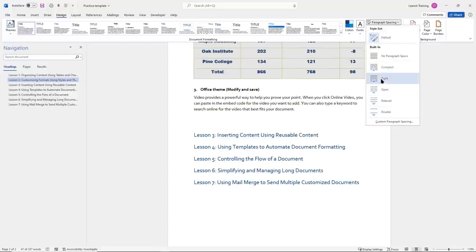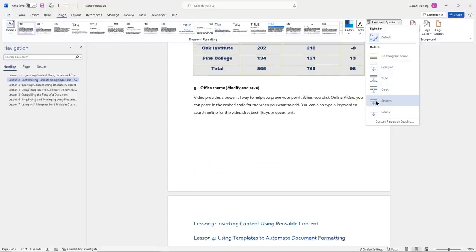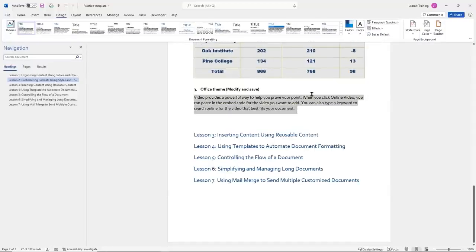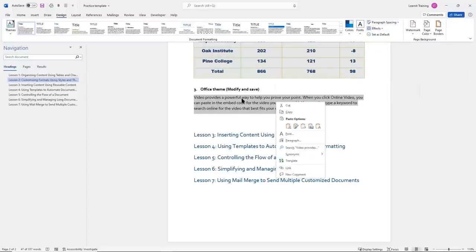But I could change it to tight, open, relaxed if I want to as well. So the whole idea is we can go into the Design tab. We can choose our own colors, our own fonts, our own effects, or even our own paragraph spacing as well. And once you get the combination that you really like, you can go ahead and set that as the default for your documents. Or we can save this here by clicking on the Themes